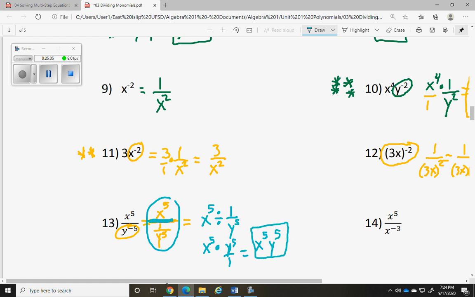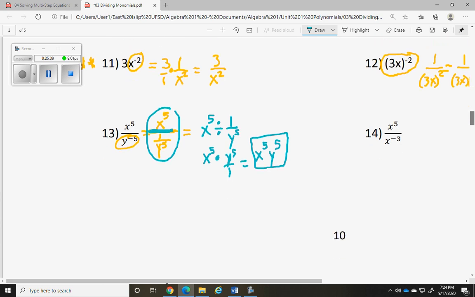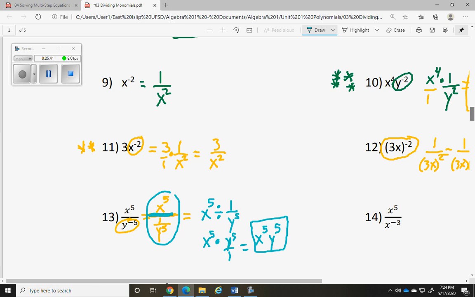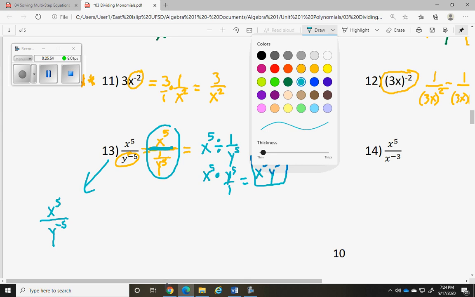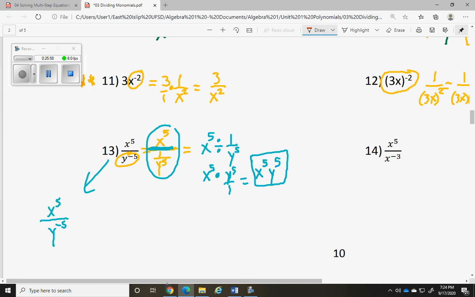Now I told you I was going to do it the difficult way first. I don't do it this way, but it might be the first way you thought of. So that's why I wanted to do it. I want to redo this a different way. X to the 5th over y to the negative 5th. The way that I think about this is by always wanting to fix my negative exponents right away,